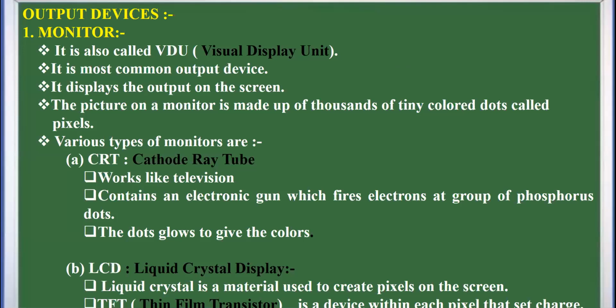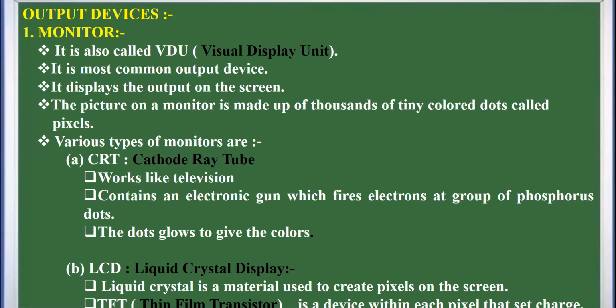So that day I was discussing with you the topic of output devices. Let us continue from this topic again. Beta, as you know, output device means the device that displays the output on the screen. When the output is displayed on the screen, that is called soft copy. And when you take the printout of the output, that is called the hard copy. Hard copy is always obtained via printer. Printer is also an output device.